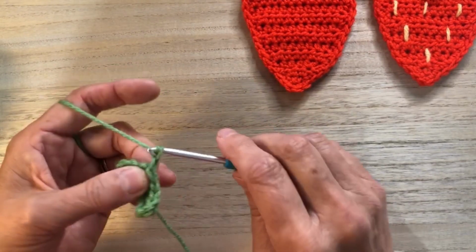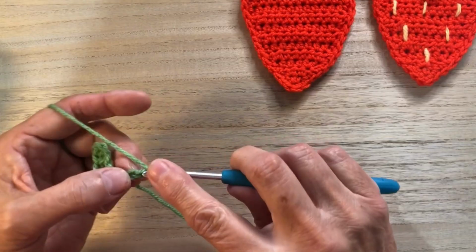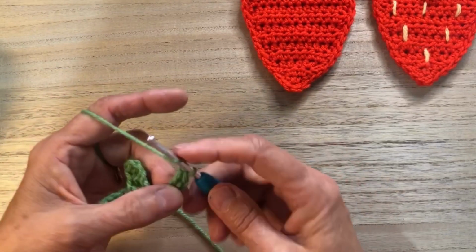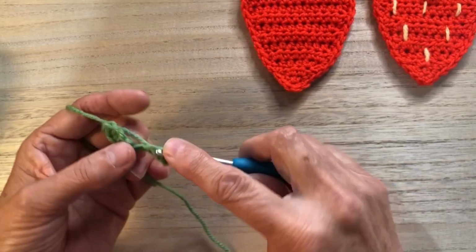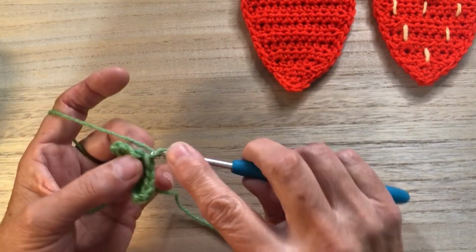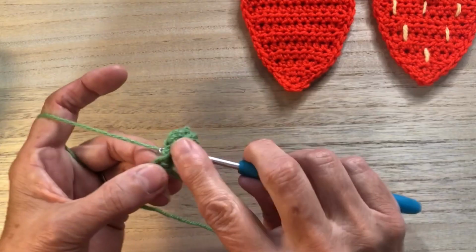So that's 1, 2, 3, 4, 5, half treble into the second one, and then 3 half trebles along the leaf, 2, 3, slip stitch into there,